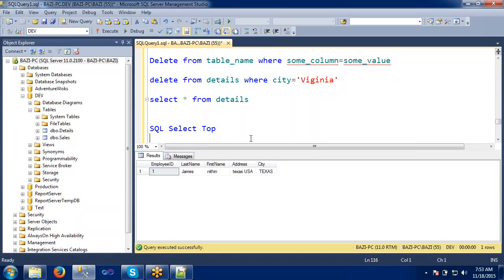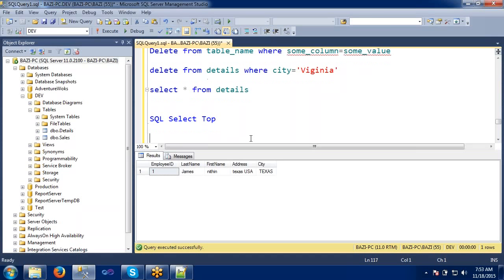Select top is used to specify the number of records to be returned.